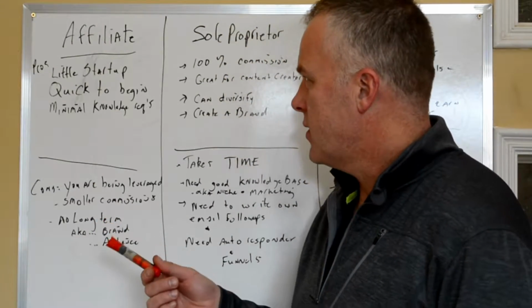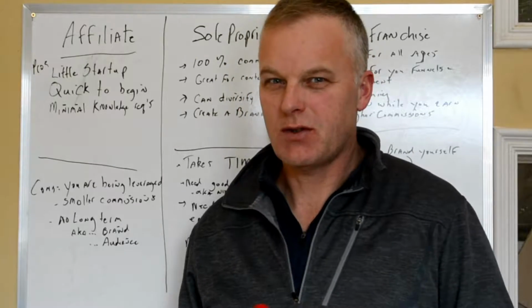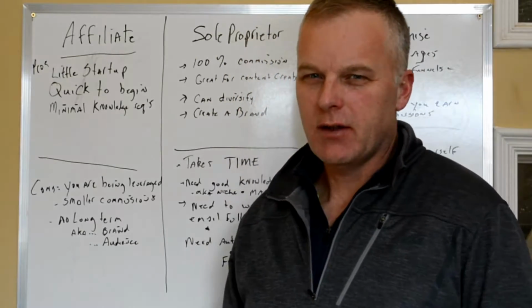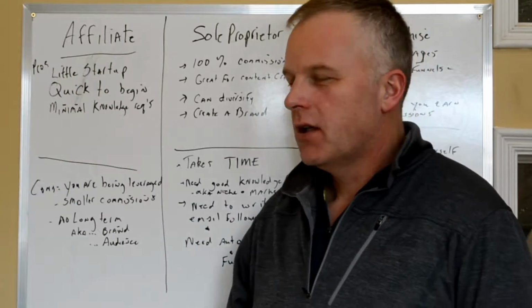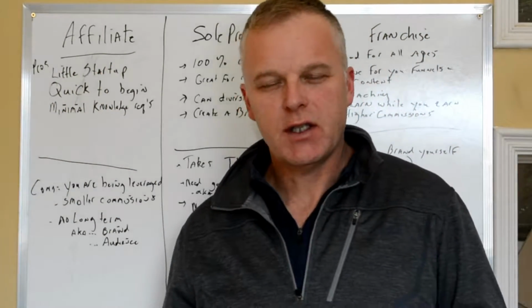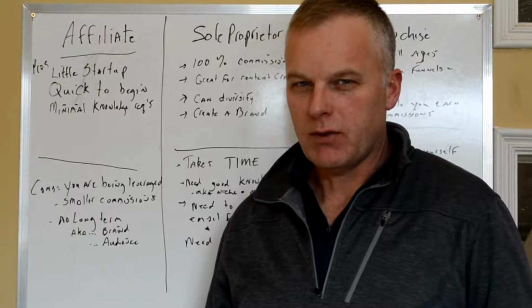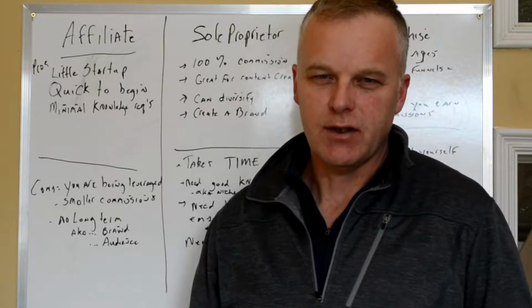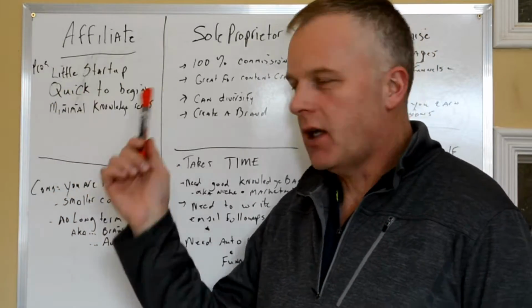The first online business model that we see, of course, is affiliate marketing, which is the simplest one to start. And the reason why it's the simplest to start is because there's little startup costs. To become an affiliate is free, to get your link is free. The only thing you need to do is start going out and trying to promote these products, driving traffic to the affiliate link. So that's one of the pros, and it's quick to begin.